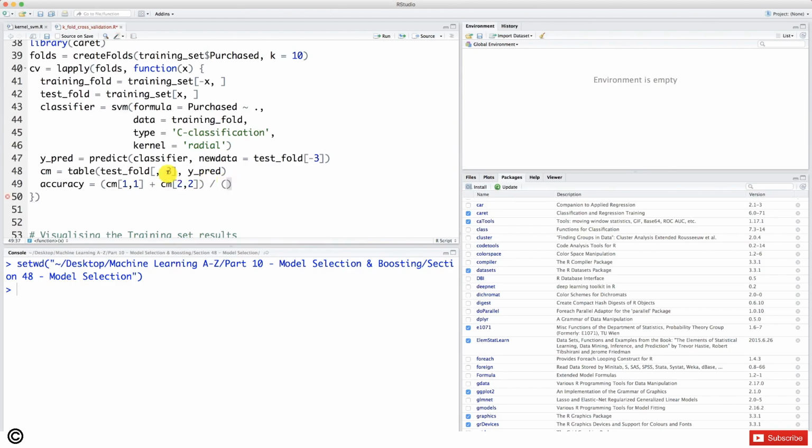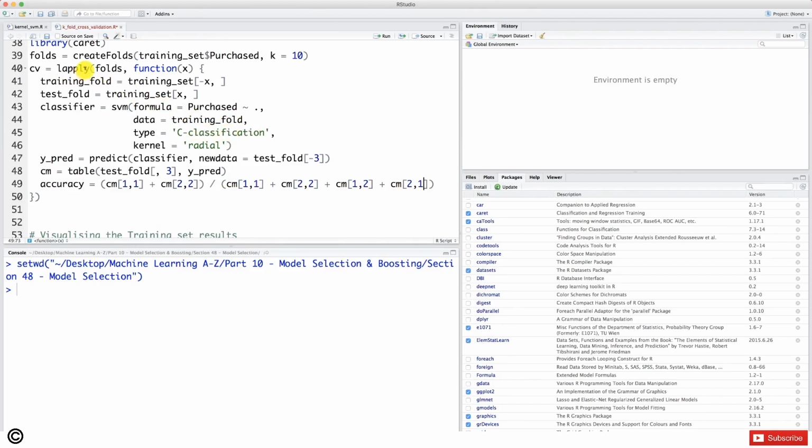And therefore, that's the number of correct predictions, which is this sum here, to which we also need to add the number of incorrect predictions. So we can copy this and take the first number of incorrect predictions that corresponds to the first class and the second number of incorrect predictions that corresponds to the second class. And so here we are actually taking all the elements of this confusion matrix, that is the number of correct predictions plus the number of incorrect predictions. And so now with this line of code we get the accuracy for one fold